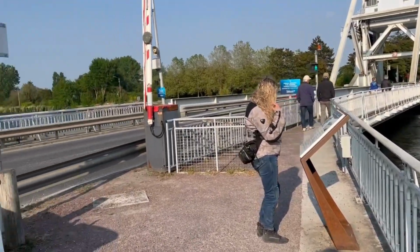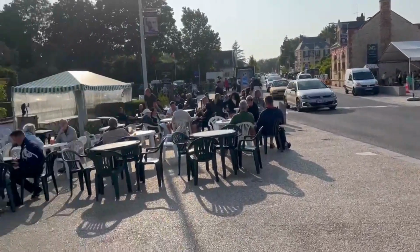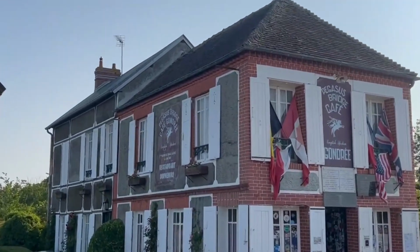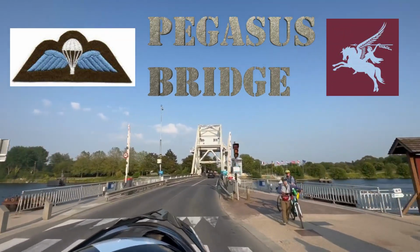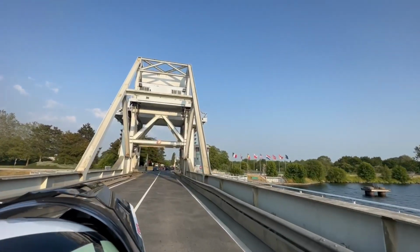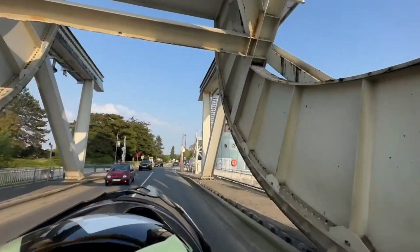Pegasus Bridge. On the night of the 5th of June 1944, a force of 181 men led by Major John Howard took off from RAF Tarrant Rushton in Dorset, southern England, in 6 Horsa gliders to capture Pegasus Bridge